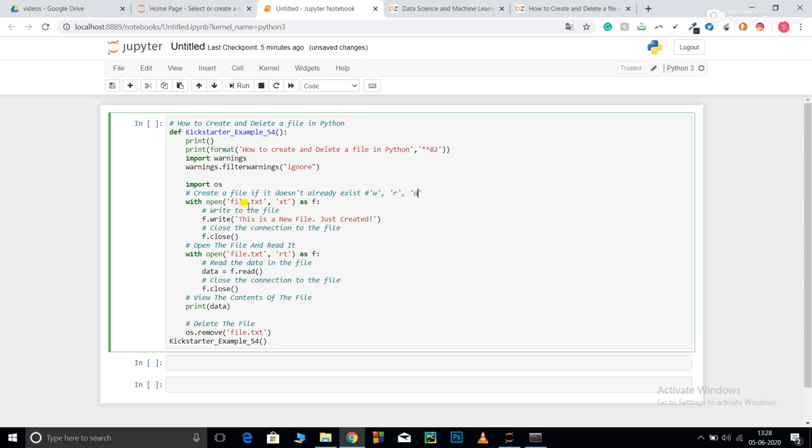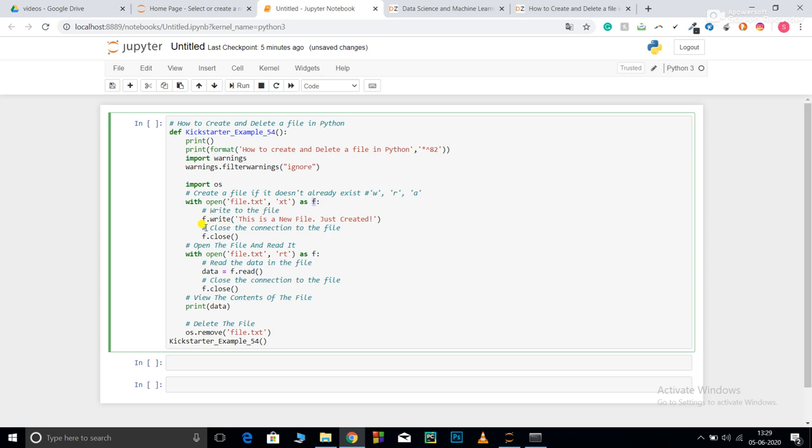So first of all, file.txt means I try to open my file.txt. If I had given w, which means write in a file, then if that file had not been created, it would have simply given me a message that this file is not available. But when I write xt, this means first try to open a file, but if it doesn't exist, create a new file under the name file.txt. I'm opening it as f. Basically you need an alias, so you write as f. Now f.write is the function that you use in order to write in that file.